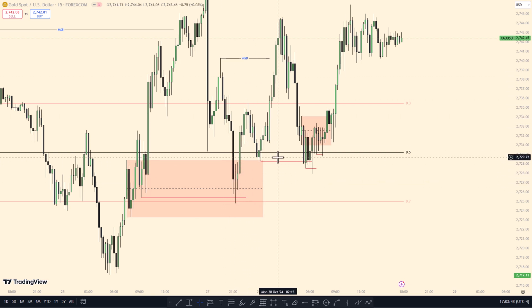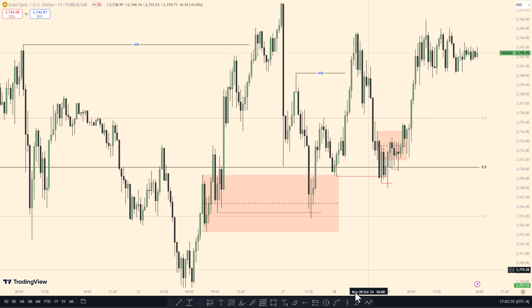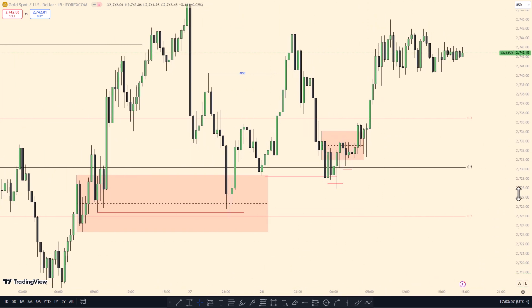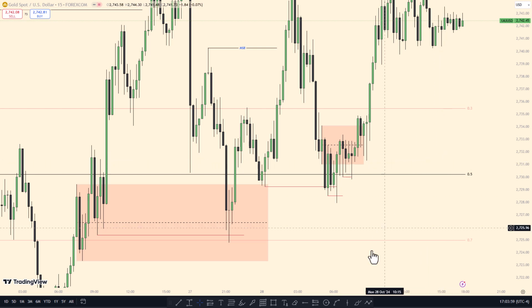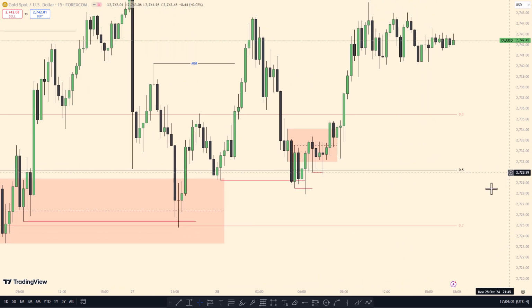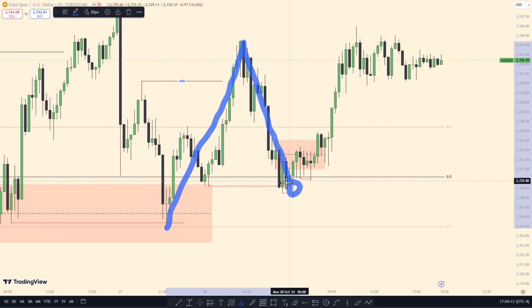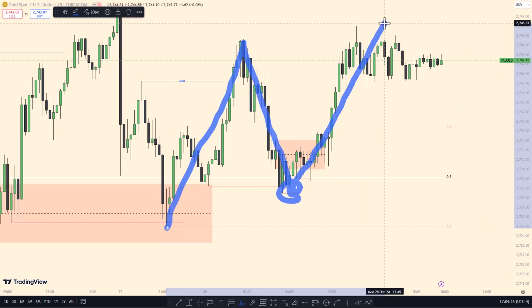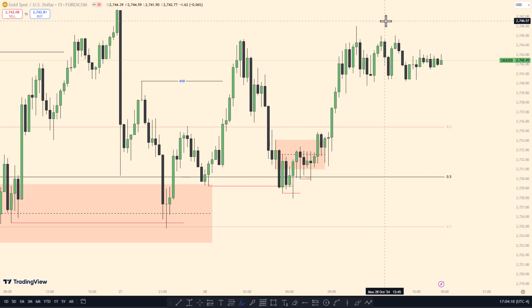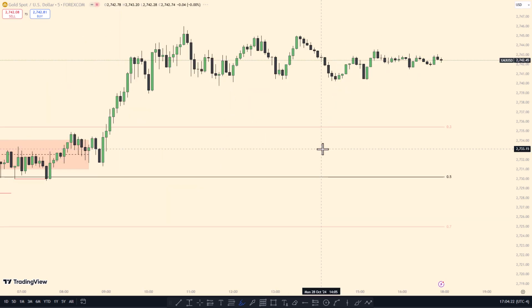Okay, we have this zone from this high to this low. And now what do we have? We need one more confirmation, just like I told you in my previous videos. One more confirmation to know for sure that the pullback ended, right? And now we are looking at another expansion leg. So what is the confirmation right here? If we go to the 5-minute, for example,